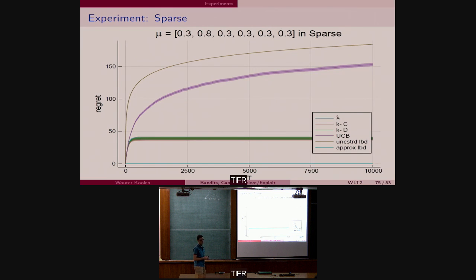Okay, finally some experiments. So I was telling you, I want log t to be red, and I want the constant in front to be what the problem, the lower bound, tells me. Okay, so here are some experiments to that effect. So the first one is a structure that we call sparse, which says all the arms are the same except for one, which is